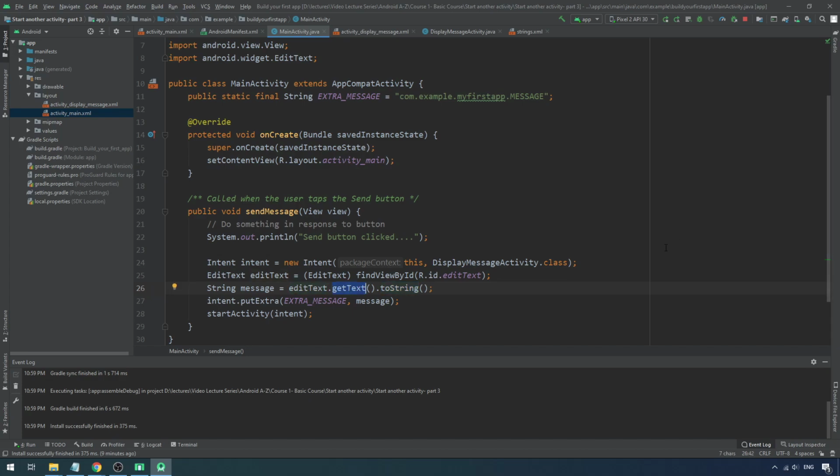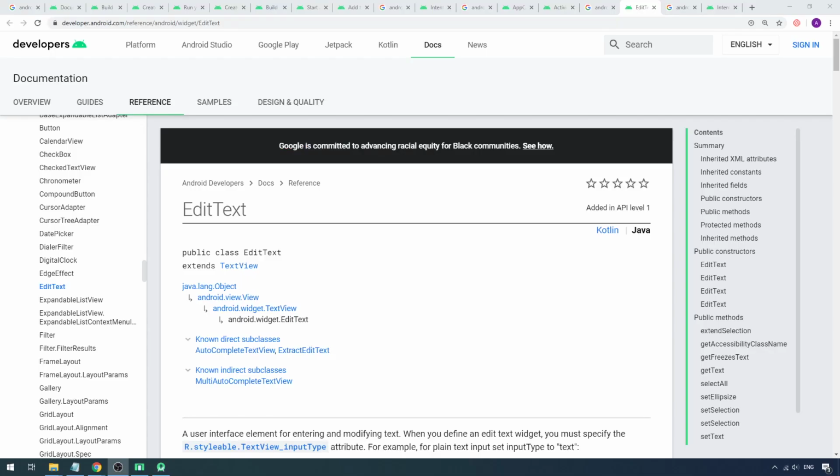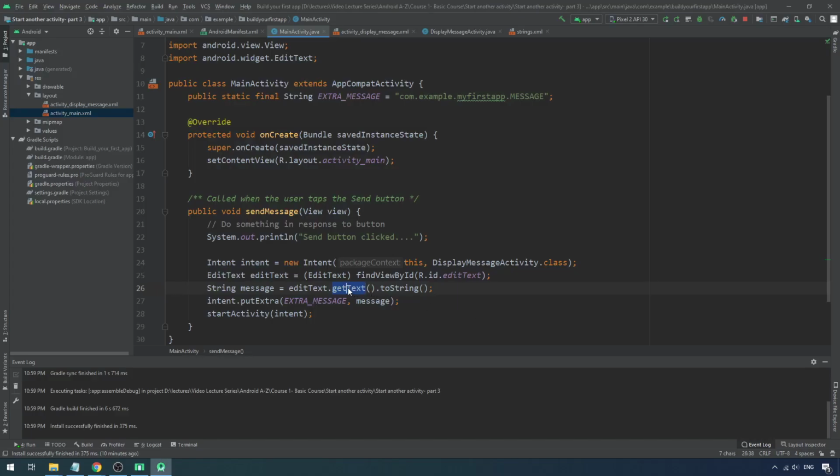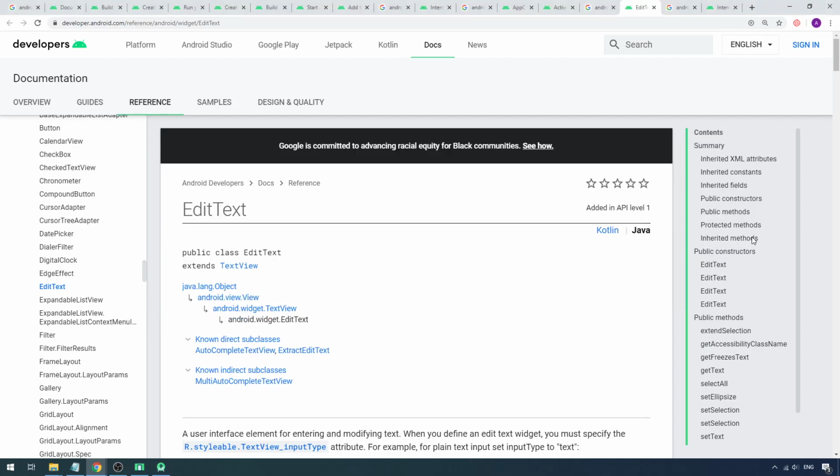So what I have to do is in Google I have to search for Android EditText, and then inside that class I have to look at getText. Let's do it now. So if you Google, you will get EditText. So in EditText you are looking for the method getText, right? If you look at the EditText, you can see there's a public method called getText.